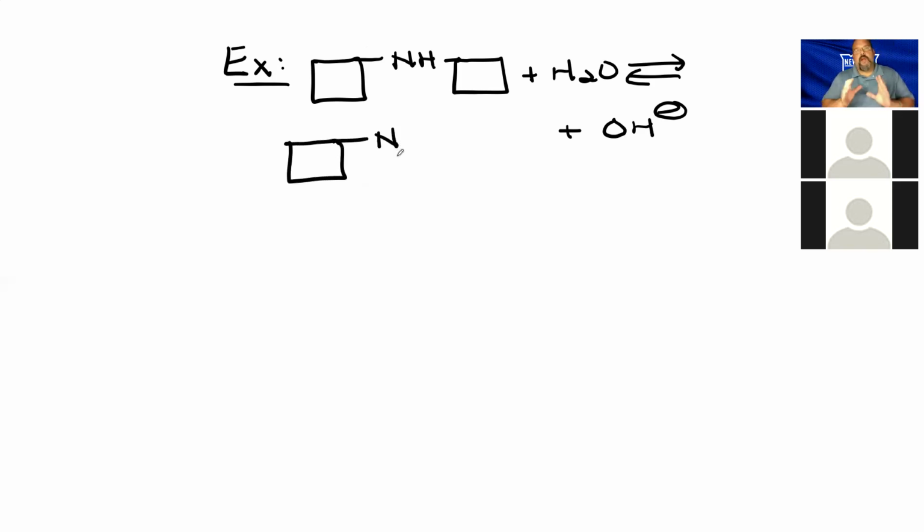Now, the nitrogen already has a hydrogen attached to it. It's going to pick up a hydrogen, so it goes from 1 hydrogen to now having 2. So instead of writing NH, we could write NH2. But then also don't forget the nitrogen is still connected to the ring on the right. So at the end of the day, the nitrogen has how many bonds total? 1, 2, 3, 4. So again, the nitrogen is going to have what charge? The nitrogen is going to have a positive charge associated with it. Okay, and that is the structure of the product